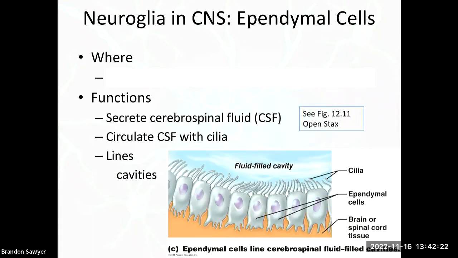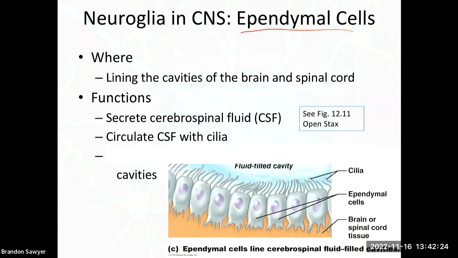And then lastly, we have these cells called ependymal cells. And we find these in the central nervous system as well, but they line the cavities of our brain. Our brains have these open areas that are full of fluid called ventricles. And those ventricles are lined by these ependymal cells, which have cilia on them. And their primary job is to secrete the fluid